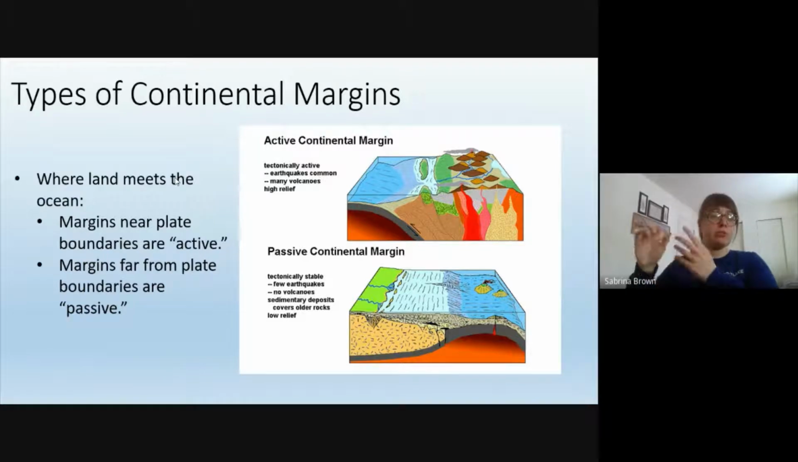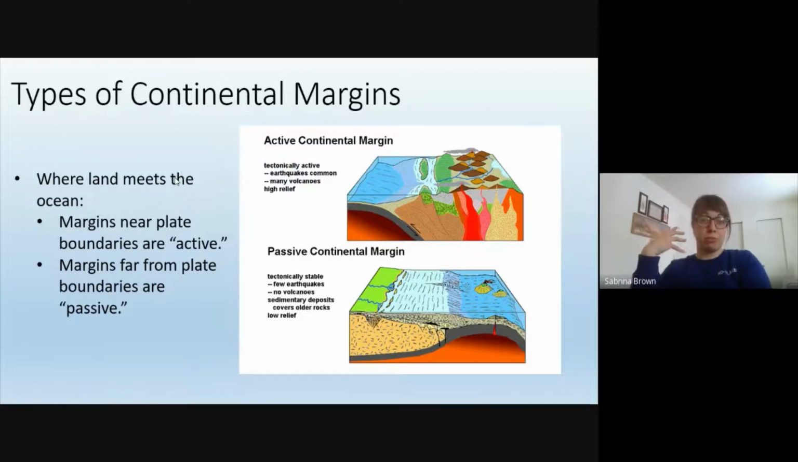And continental margins, right, this is where land meets the ocean. And if you have a continental margin that is near a plate boundary, like on our west coast, we call these active continental margins because they're near a currently active plate boundary. And margins far away from plate boundaries, we call passive continental margins because they're far away from these boundaries. And this is important because